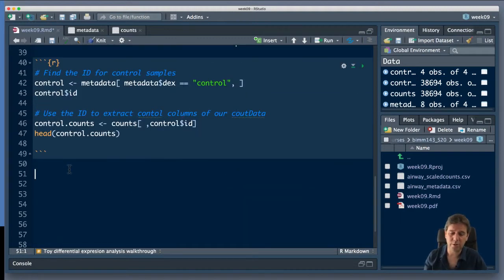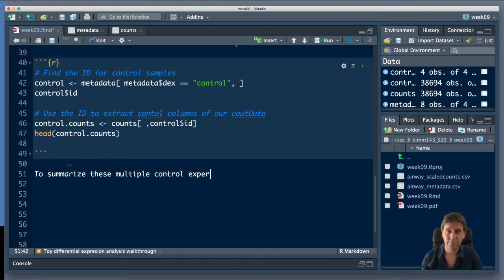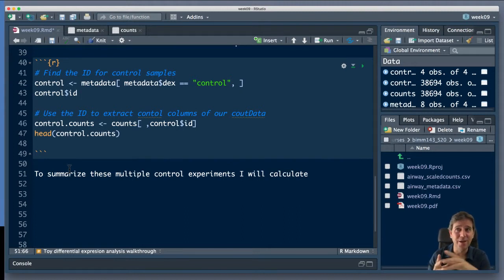So now I'm going to write some text. Sorry, my keyboard's at a funny angle here on my laptop. So to summarize these multiple control experiments,